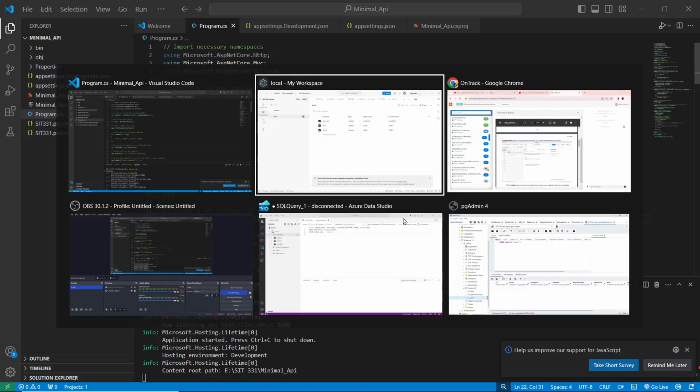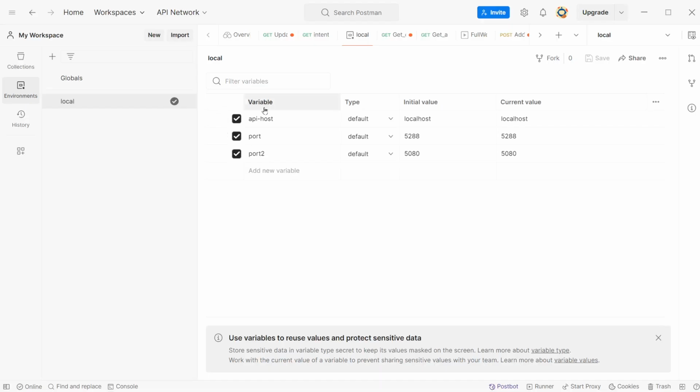We have named one variable as API hyphen localhost. This will point to our value which is localhost, and then we set up a port for our application, that is port number 2. These are two ports. This one is for another task and this is for our connecting to backend task. So this is port number 2. This port we will denote as 5080. Now after this we will save this and